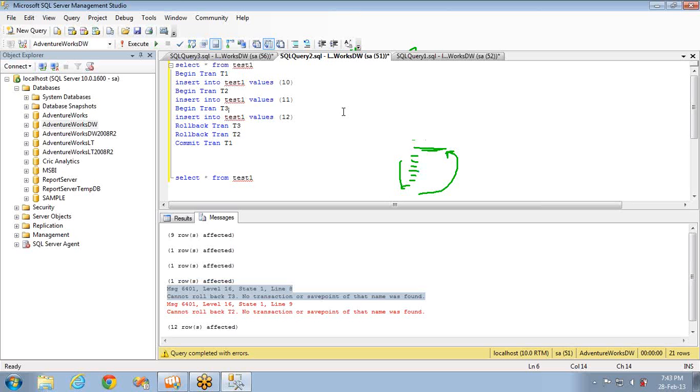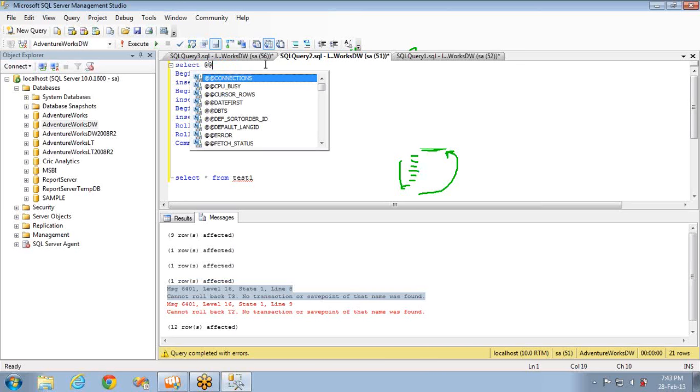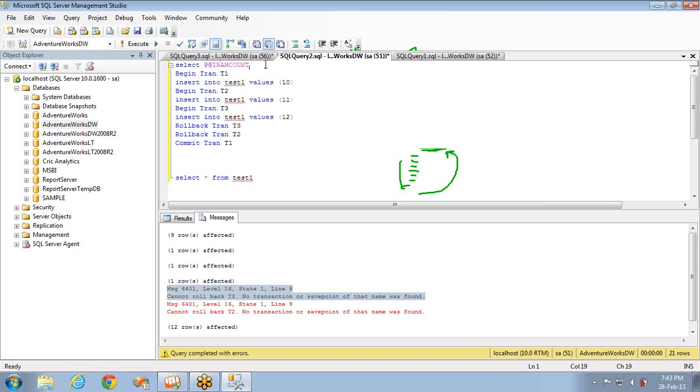So I'm going to take the same example, @@TRANCOUNT. The first one is select @@TRANCOUNT, and I'm warning you guys, you have to practice with insert statements. You can take 10 to 15 statements, and you can try the same. Don't blindly practice with the same @@TRANCOUNT, which will not give you any better idea on the save point. Not only save points, even nesting transactions. So what you have to do is work on real data. You should not go blindly with the same @@TRANCOUNT or global variable to practice the stuff.